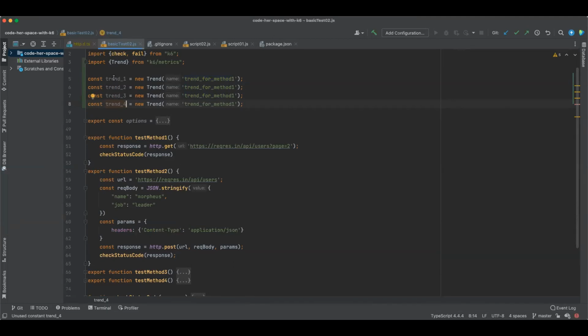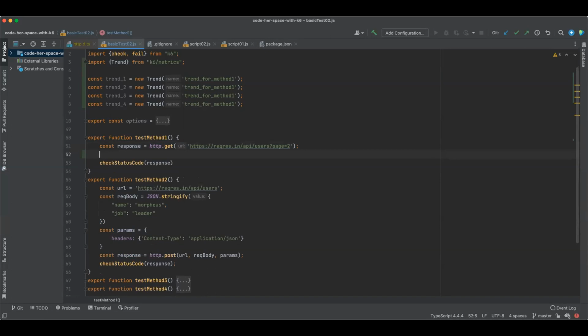Okay. So now, how to use it? Suppose http.get call got fired and I've got the response. I'm checking the status code of this response. This is one kind of check. Now I want to see the response time of this API. What I'll do is say trend